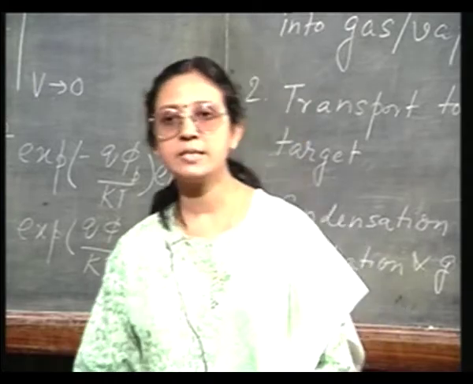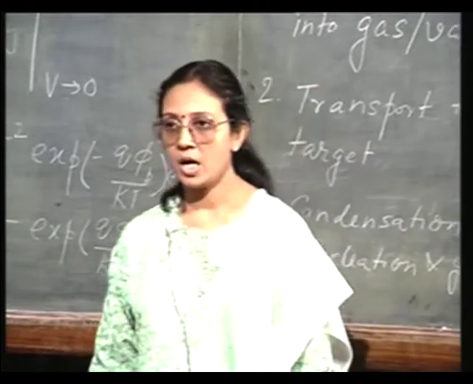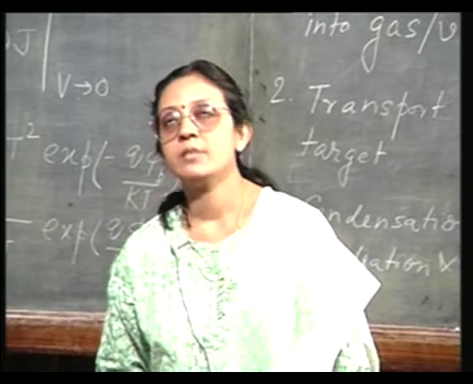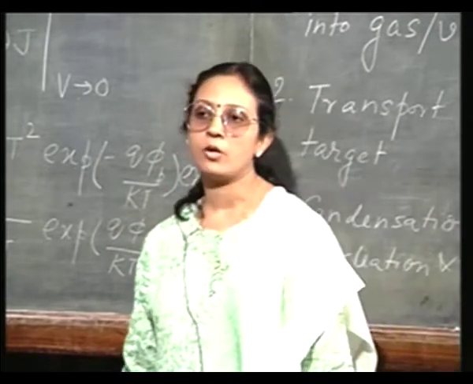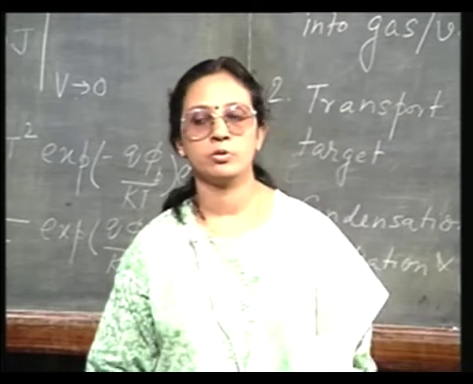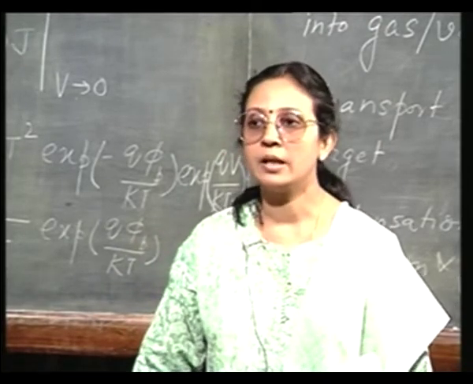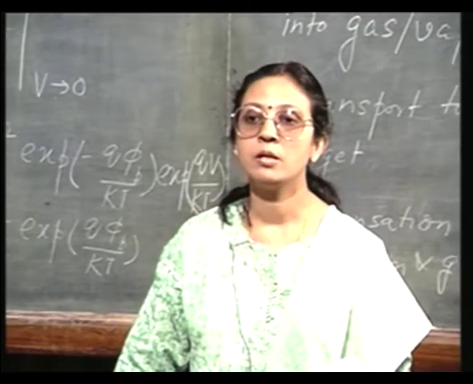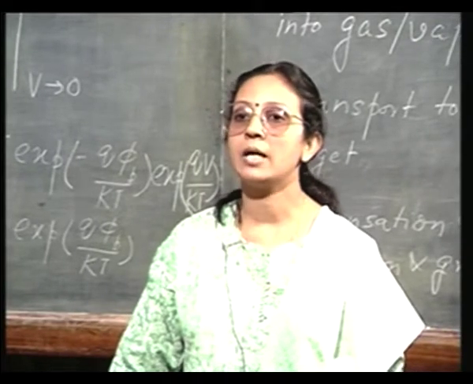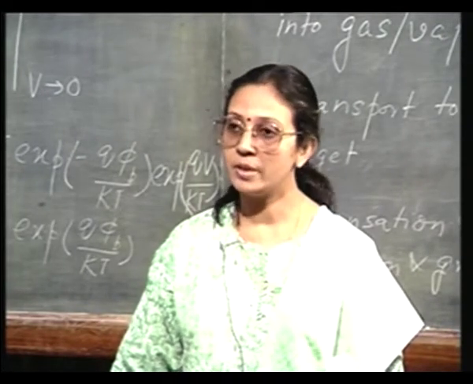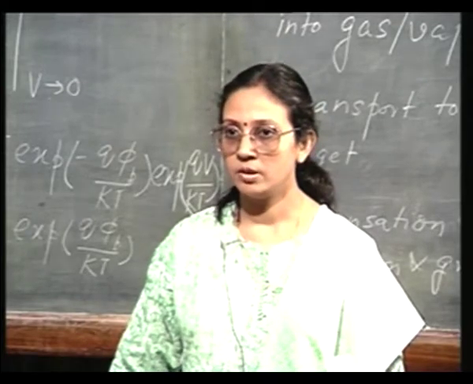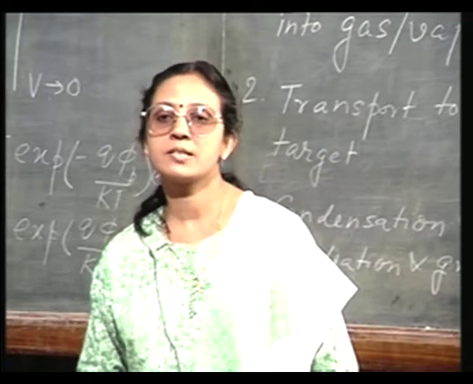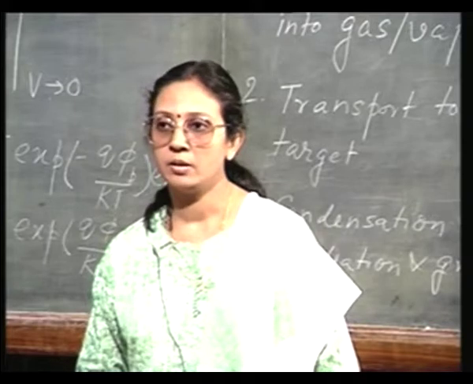Now, the question is, I have deposited the metal. How do I know how much metal has been deposited? See, for various applications, the thickness of the metal layer is quite important. For example, for some tunneling devices, you may want very thin metal which will be semi-transparent, which will allow the light to pass. For many solar cell applications, it is necessary that you have a semi-transparent metal. For other devices, it is necessary that you have a thicker metal. For many